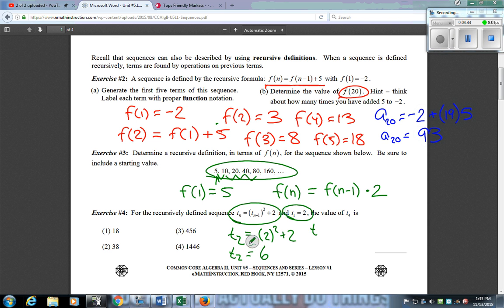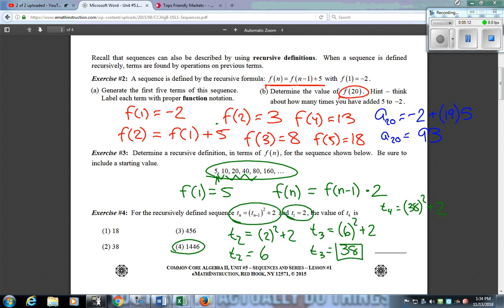To get the third term, I'd do 6 squared plus 2, which would be 38. And then for the fourth term, I'd take 38 squared and add 2 to it. And in that case, that ends up being choice 4,